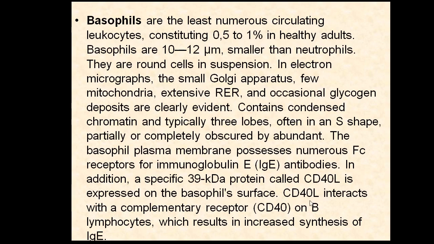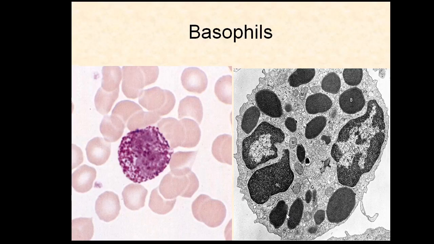According to the CD classification, later we will talk about it. It is a classification for immune cells. CD means clusters of differentiation. So their markers are CD40, mainly 40, and some others, but here you can see the